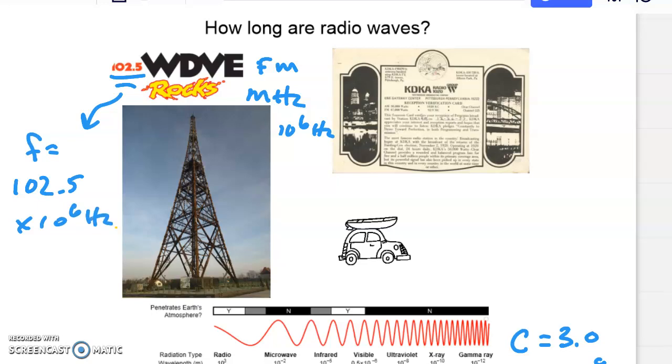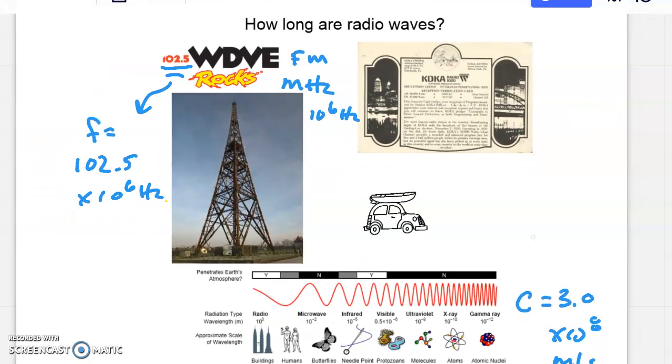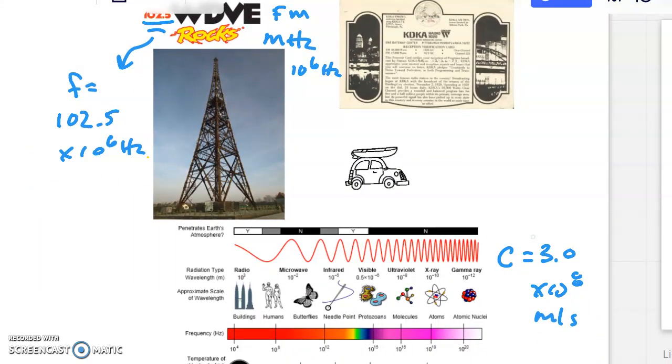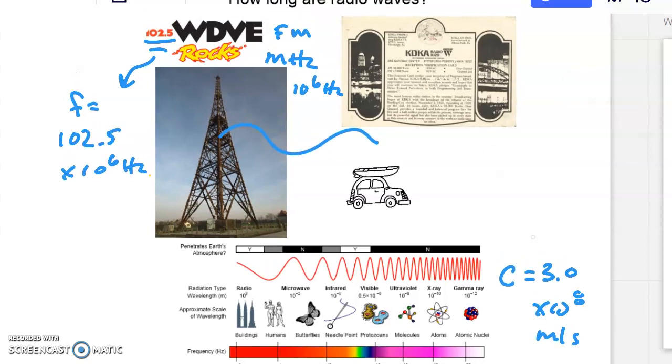So there's my frequency. And if I know that the wave speed is 3 times 10 to the 8th meters per second, then it's pretty easy to calculate how long these waves are. Everybody has a little different impression of this. Some people think the waves are teeny, teeny, tiny, and some people think that the waves are really long. The answer is somewhere in between, actually, because if I say that the wave speed is the wavelength times the frequency, or